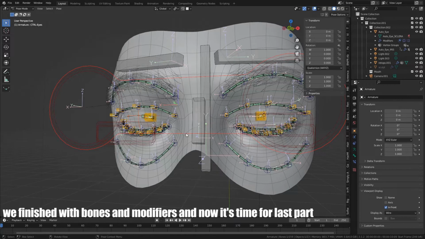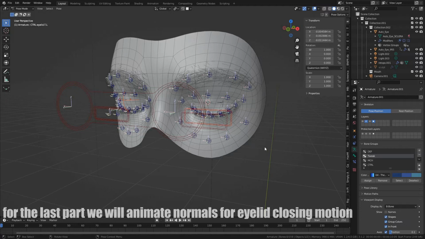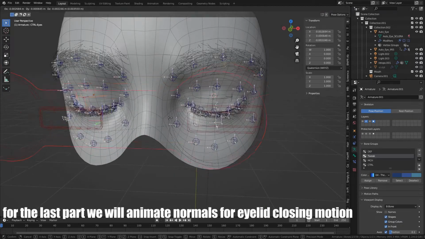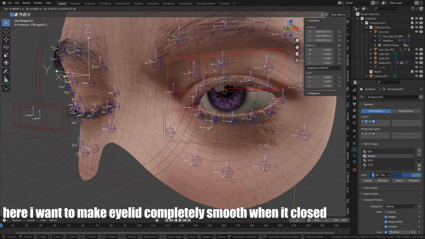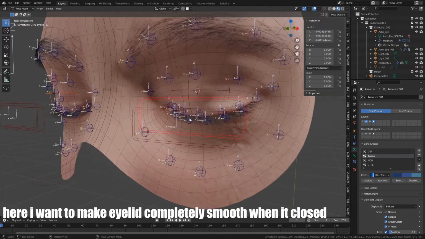We finished with bones and modifiers, and now it's time for the last part. For the last part, we will animate normals for eyelid closing motion. Here, I want to make eyelid completely smooth when it's closed.